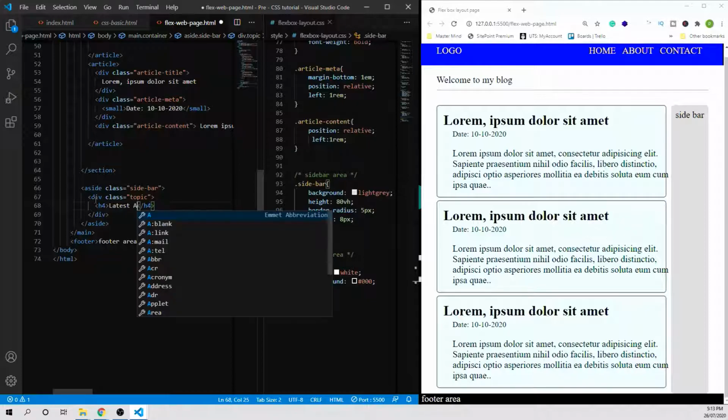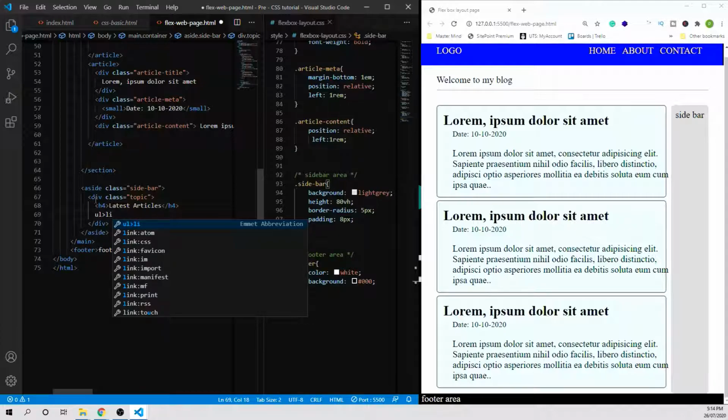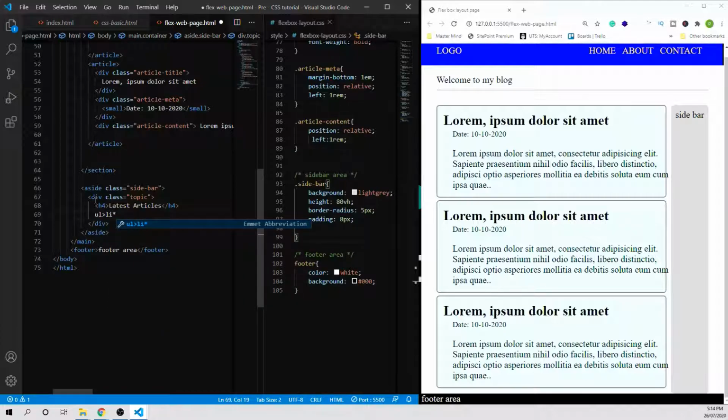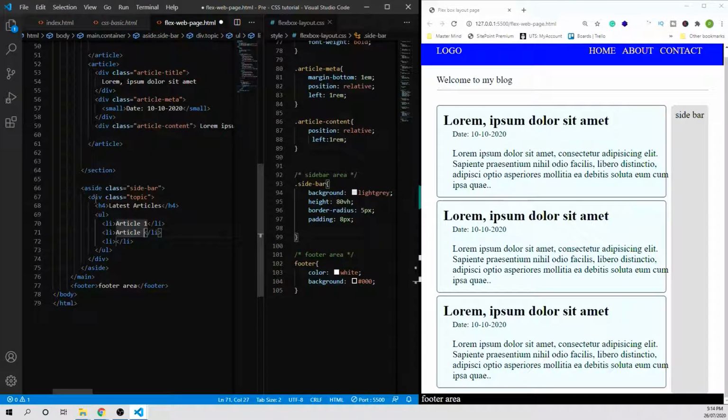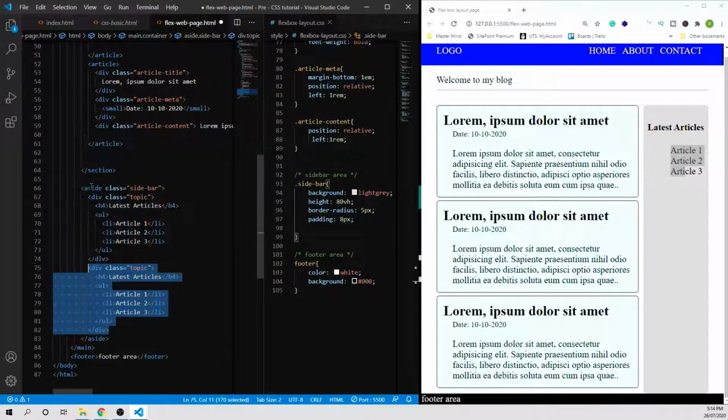Inside, heading for latest articles, and then UL, the list of the latest articles. Maybe just put B for now, and here article 1, article 2, and article 3. Save it. Now you can see article 1 to 3, and let's copy this one again, and we can use it for